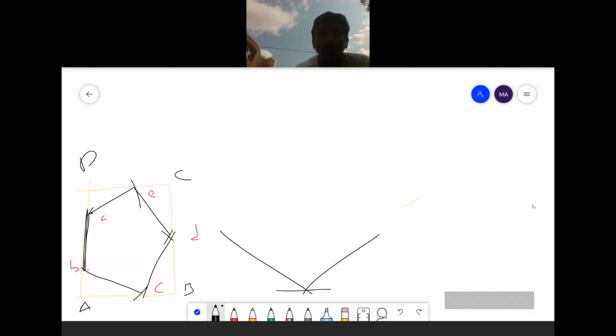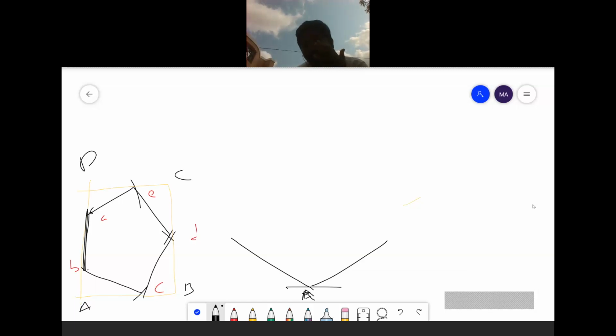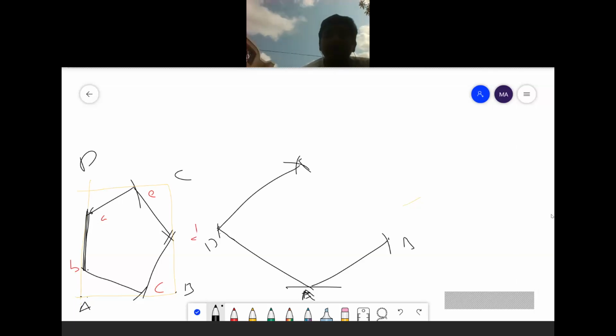Then after that, I'm taking 30 degrees this side, 30 degrees this side. I'm taking this point as A, that is a rectangle. Then I am measuring from A to B of the rectangle and cutting here. I will get a B point. I am measuring from A to D, and cutting here I will get a D point. From B I will cut an arc, and from D another arc. I will form one rectangle.